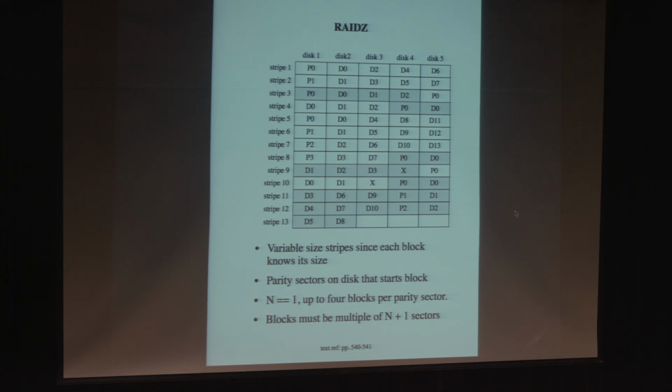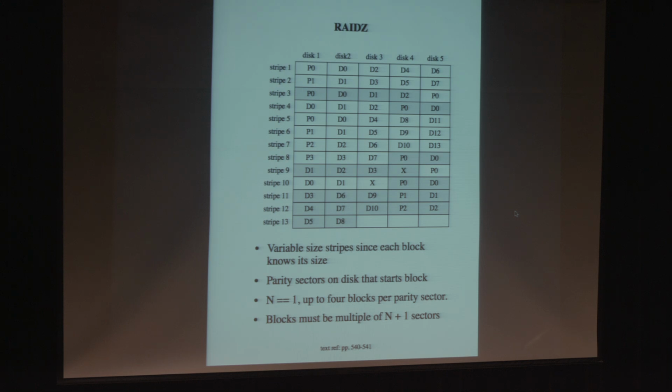Then the next block that got written is the shaded one that follows in stripe 3. That particular one only had 3 blocks associated with it, D0, D1, and D2. Everything that we write, even if it's only a single block, still has to have a parity associated with it, so you'll see that parity 0 there is just over 0, 1, and 2. Then we write another 3-block piece, the not shaded one that follows. On the very end of stripe 3 there on disk 5, you see the parity 0 and then its data blocks D0, D1, D2. So the parities don't all end up lining up on drive 1. They just end up at the beginning of each thing that we are writing.